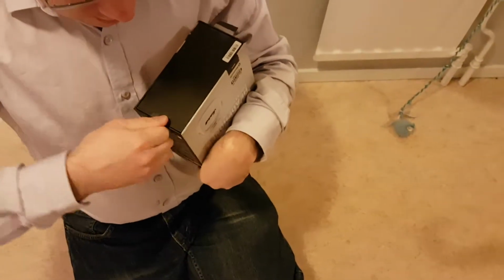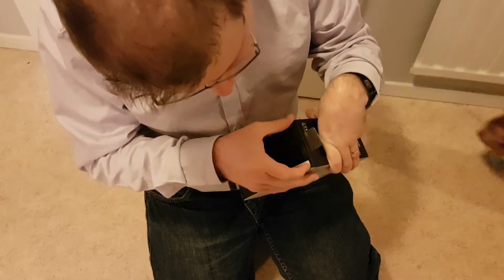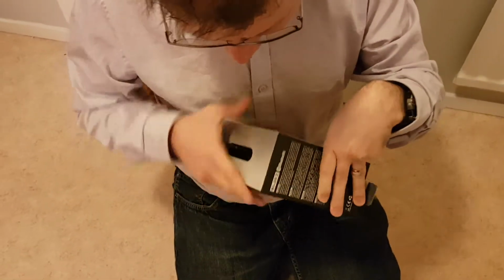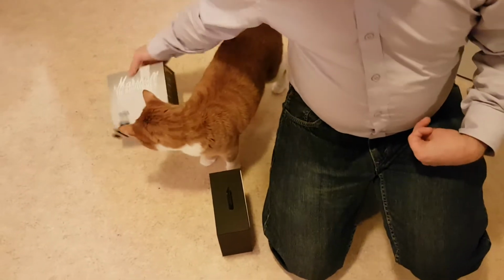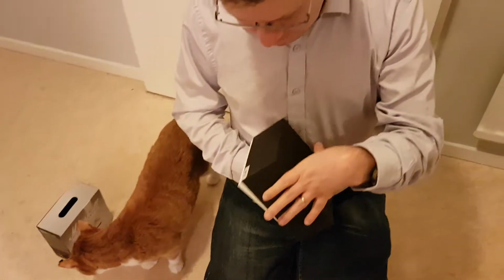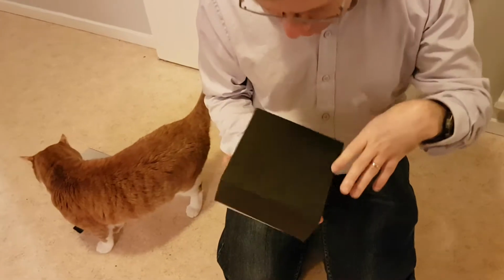Cat is walking past. Okay, and well, you have the pull tabs. There we go. After you pull the pull tabs, you just kind of have to yank it, and the cat needs to be able to investigate the box. Baxter loves boxes. And when you have done that, you have this nice black thing, which is black on all